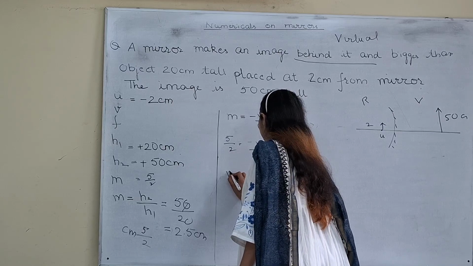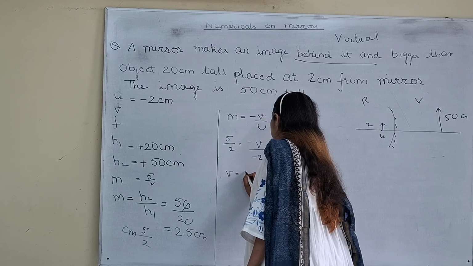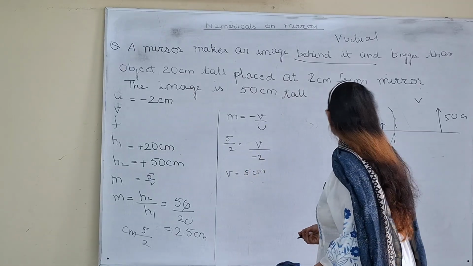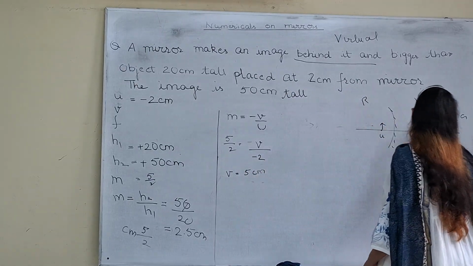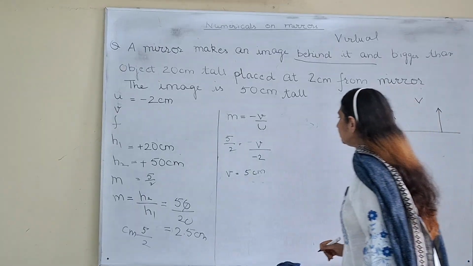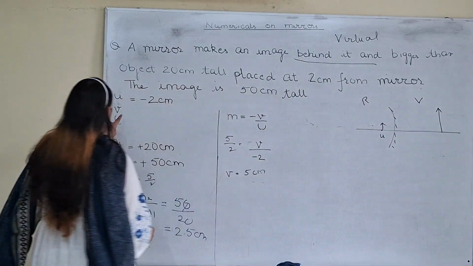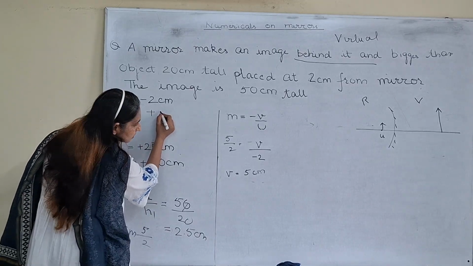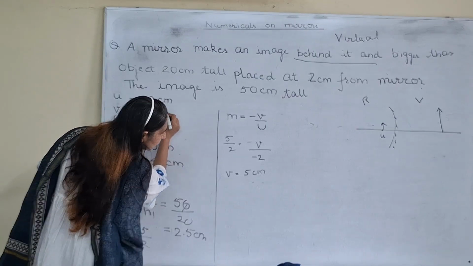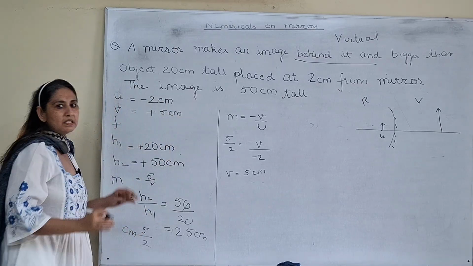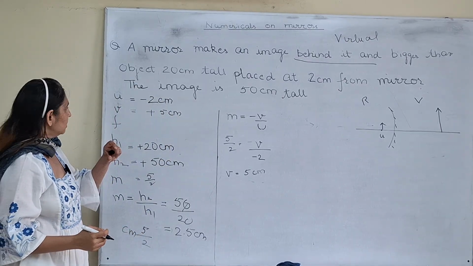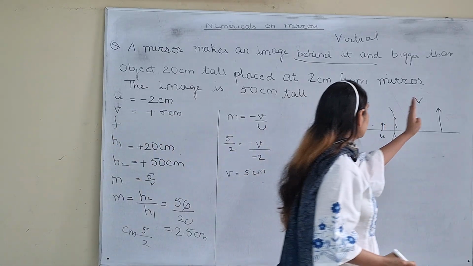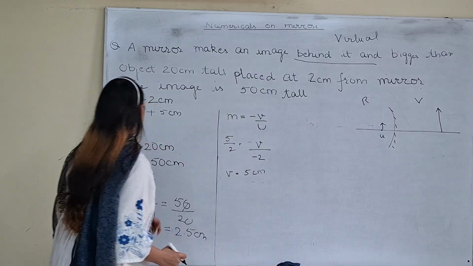I don't know. v is equal to 5 centimeter. So where did we get stuck? What was wrong? Okay, I think some diagram was wrong. Let it be. Now we can go on to the next thing. Next thing is focal length, plus 5 centimeter. That means the image is only very close to the mirror, but it is on that side. Plus 5 है ना, it is on that other side of the mirror.